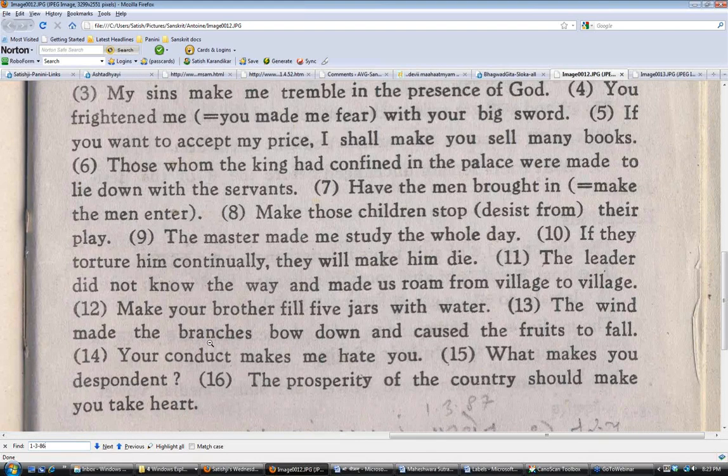Made is past tense, so branches bowed down. So Shakha Anaman, and Phalani cha Apatan. Correct? Yeah, Apatan.